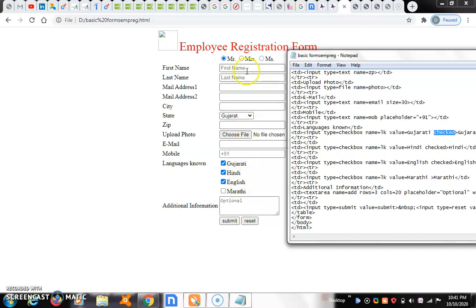So that's all in practical number 5. Each and every execution you have to check in the program, and you must understand the execution. That is very important. Coding as well as here all the text boxes. Here only the checkbox is available, here a radio button is available. Likewise, in the text area you can type any number of characters, additional information. Submit means automatically submitted. Reset means I can